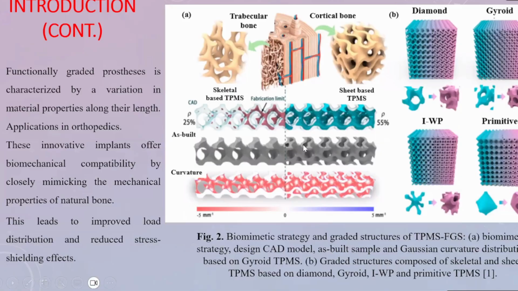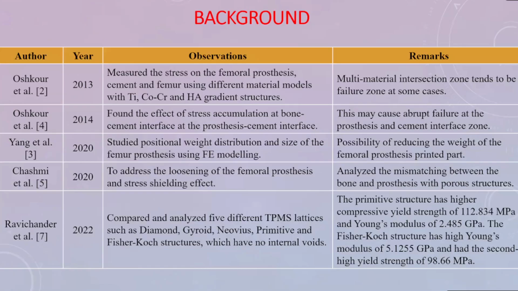So here, this is a TPMS, triply periodic minimal surface, which varies along the X, Y, and Z directions. These functionally graded lattice structures are much better compared to the standard unit lattice structures. So these are some of the background work people have done with lattice structures. Why we went for that is that multi-material tends to fail in some cases, because if we have two different materials and